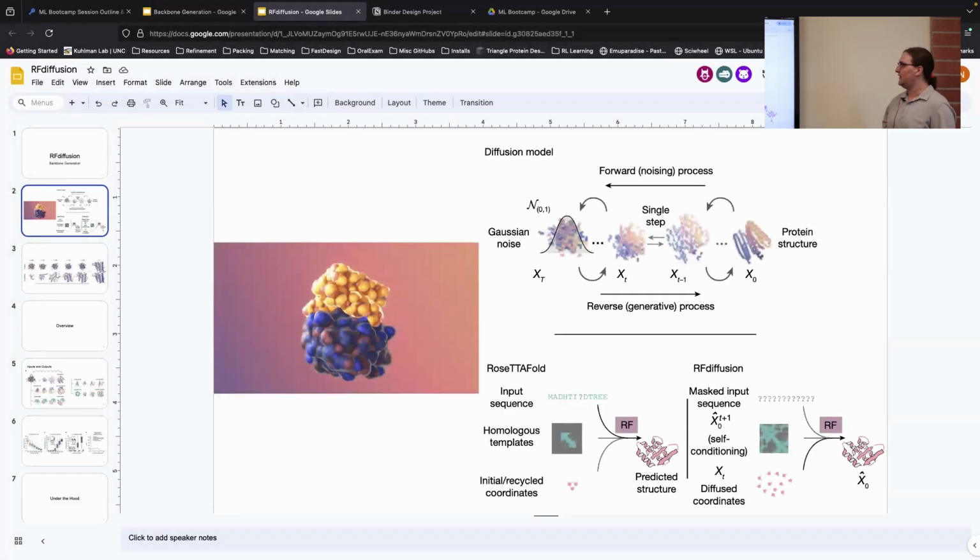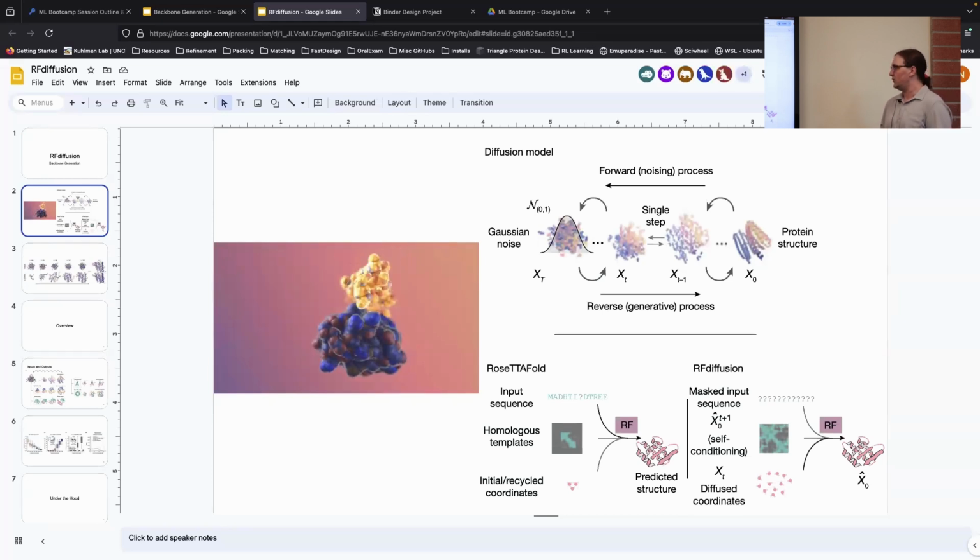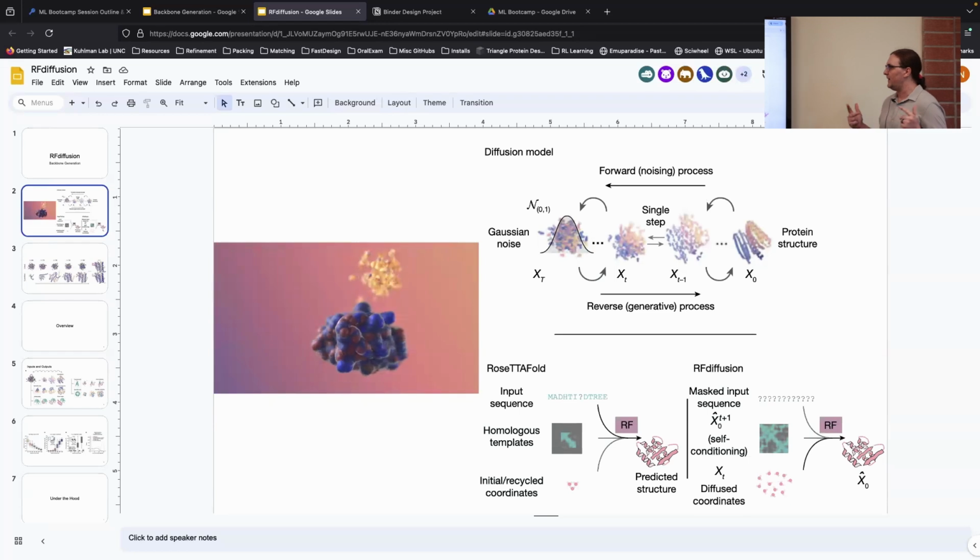So this is probably one of the most common video GIFs you'll see of RFDiffusion. It's pretty much what you'll be doing for the binder design project, where you'll be diffusing a binder towards a very specific epitope. As you can see, it starts with random noise, and eventually they come together. This is very similar to kind of how AlphaFold used frames. Everybody is disconnected, and they kind of move around independently and then come together eventually to form a nice protein-esque